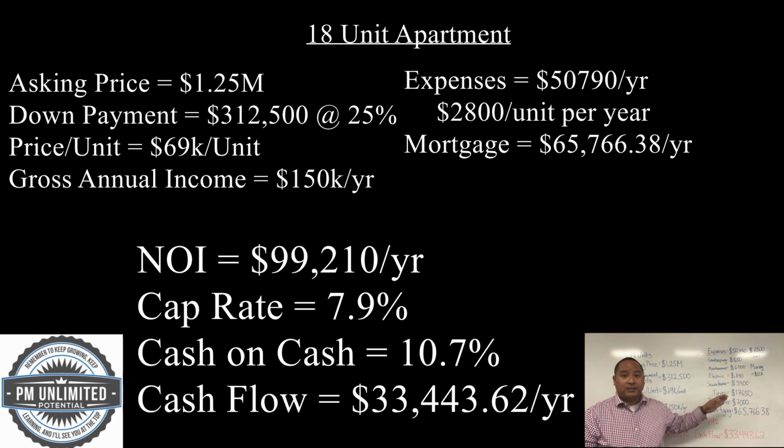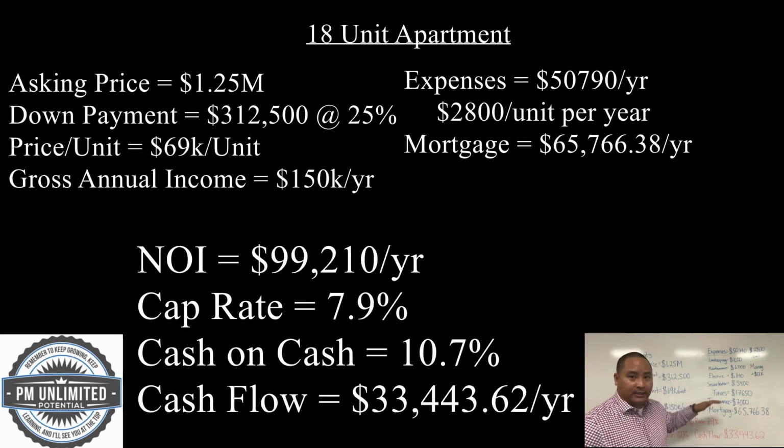I didn't change any of the expenses. I'm not going to assume I can bring them down. I'm going to use the same. The next thing I added was management, all right? Because again, one of the things I mentioned, there's no management fee in that other property. So by adding the management fee, it brings our yearly expenses to $50,790. That breaks down to $2,800 per unit per year, which, as I mentioned in the last section, is a number that I am comfortable with, right? Anywhere between 25 to 35, especially in Texas where we don't have the crazy weather like they do in Indiana.